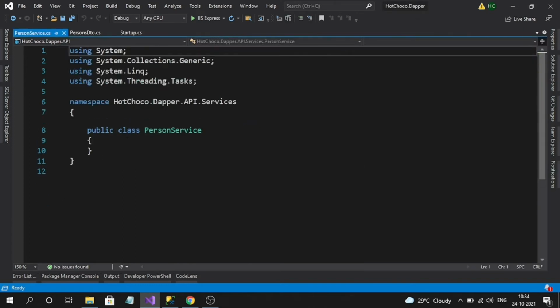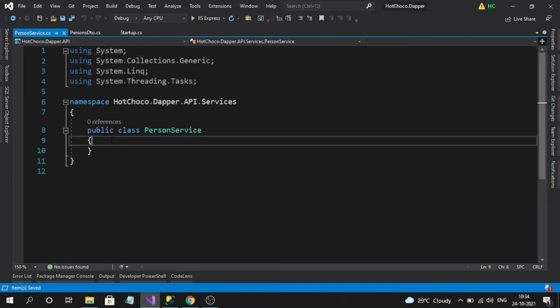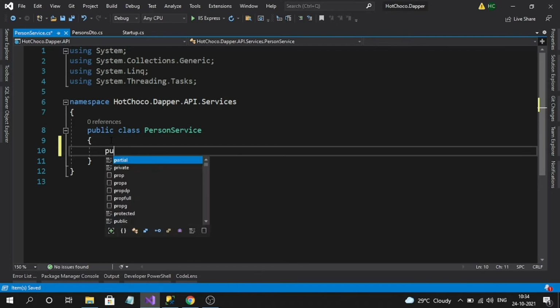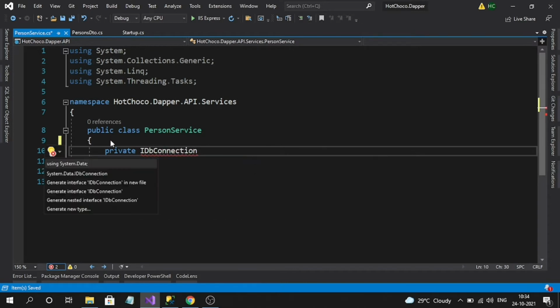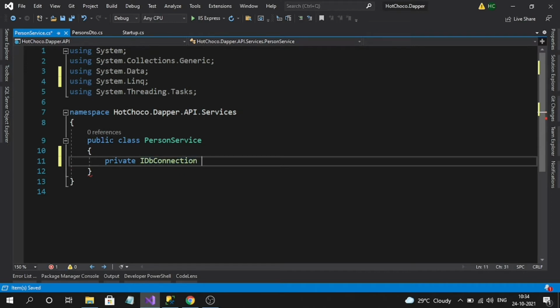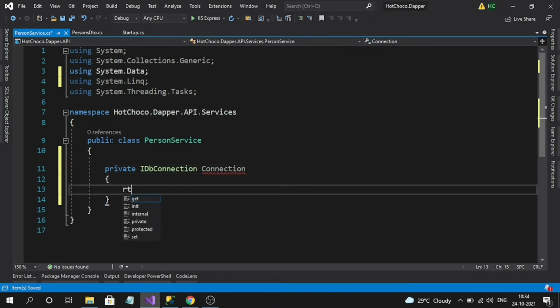Okay, so first let's enable the connection string. Okay, so for that I can create a private property, and it will contain only a get property,